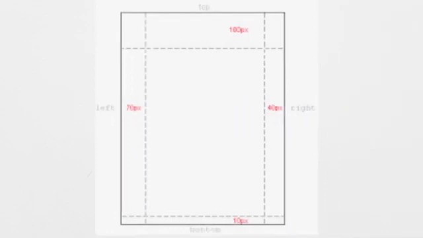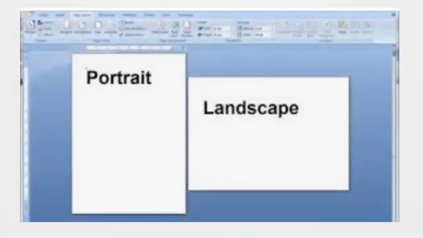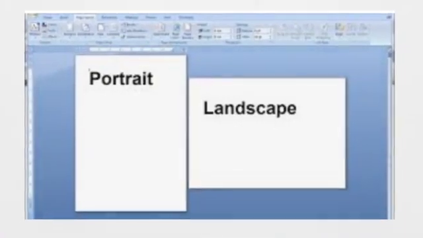In which the page is placed or printed. So before taking printout, we need to see this first. Clear? By default, Microsoft provides portrait. Portrait is the orientation of Microsoft Word. There are two types of orientations in Microsoft Word, that is portrait and second landscape. Only two are there. By default, Microsoft provides portrait.